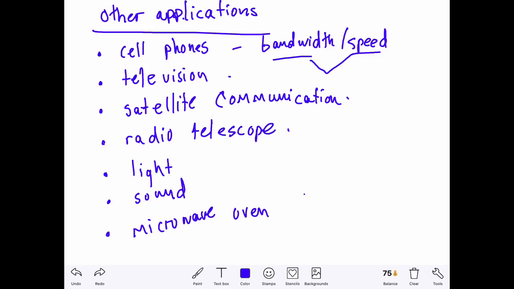These are all forms of radio waves, including something like a microwave oven when you heat up your burrito. And then, of course, light and sound, while they're not radio waves, also take that sinusoidal shape, the waveforms. So these sine waves are passing through your house and your life all the time, and I just wanted you to be more aware of the applications of this material you're learning,